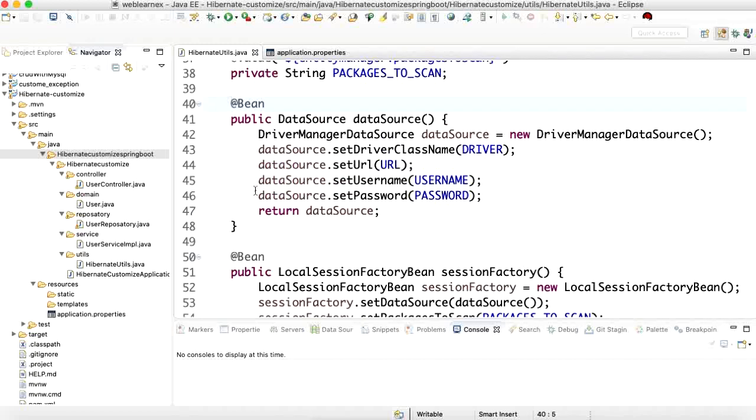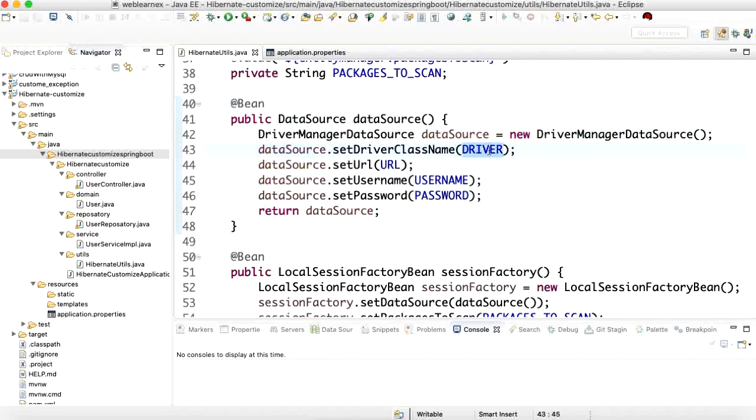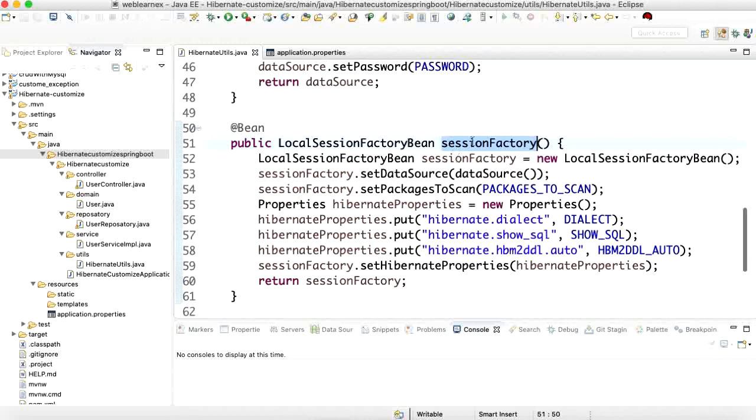For the data source, I have created one custom @Bean annotation and passed my driver name, URL, username, and password. It will create the data source for me, and I'm going to use this data source inside the local session factory bean. Inside this bean, I'm creating one session factory. Inside the session factory, I pass my data source and the scan package, and all these things like the Hibernate dialect type.